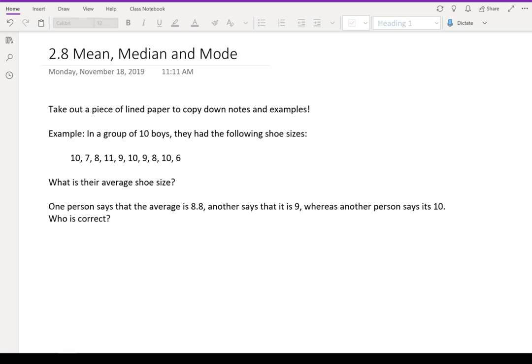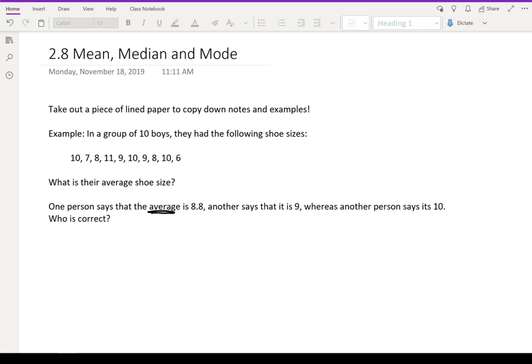So in our first example, we have a group of 10 boys and they have the following shoe sizes: 10, 7, 8, 11, 9, 10, 9, 8, 10, and 6. It's in no particular order. And then they want to find out what their average shoe size was, okay? One person says that the average is 8.8. Another says that it is 9, whereas another person says that it is 10. Who is correct? Well, if you just take a guess, maybe you would say 8.8 is correct and 9 and 10 is wrong. But in fact, all three of them are correct because